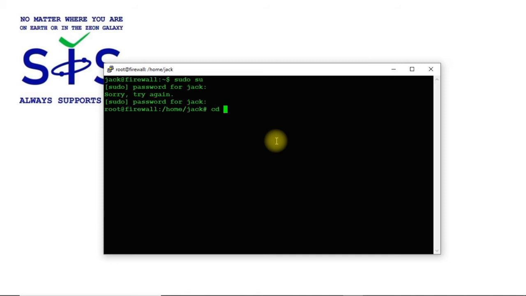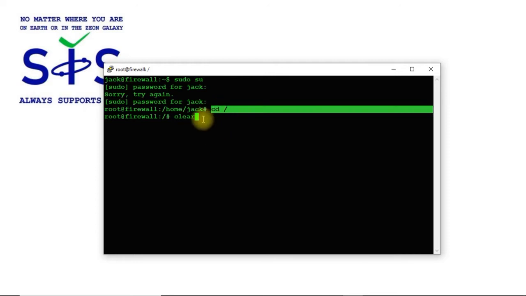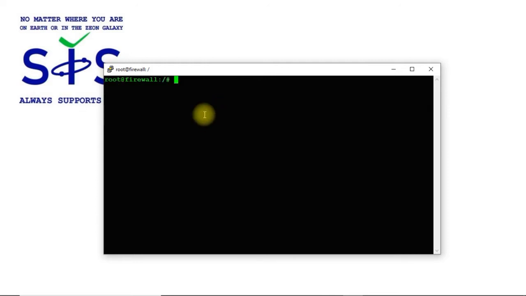And I'm gonna clear our terminal a little bit. Go to root catalog and next clear.